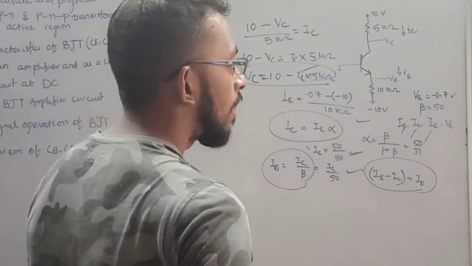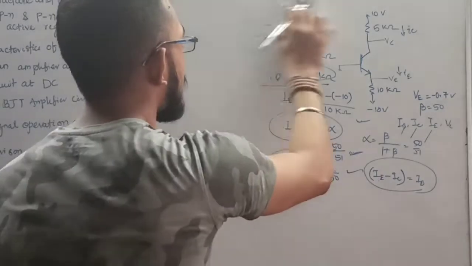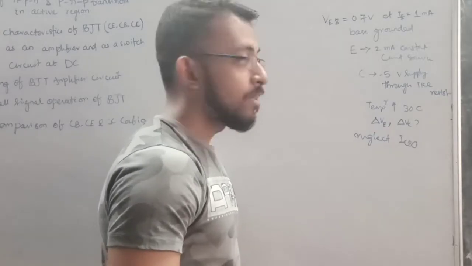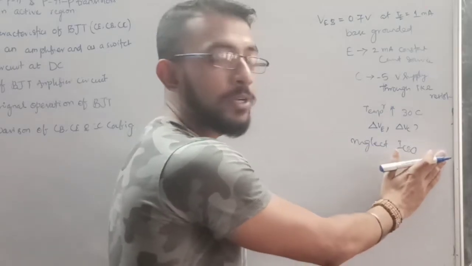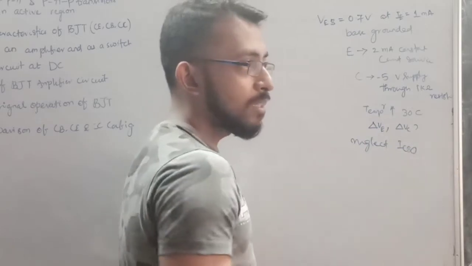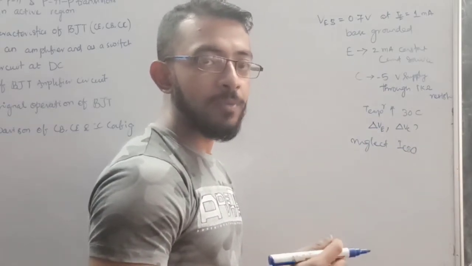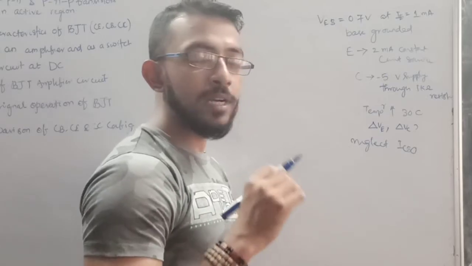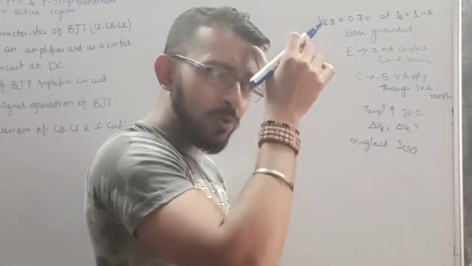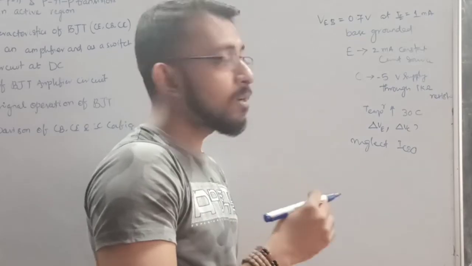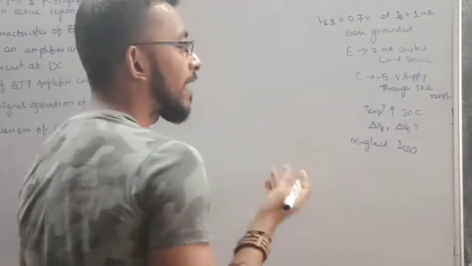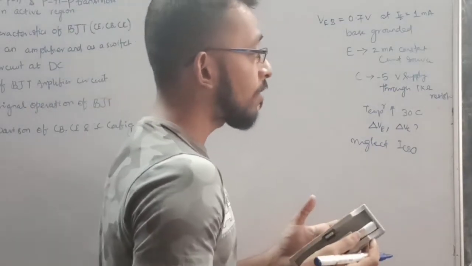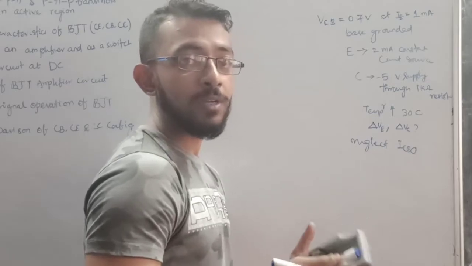Okay. Let's do another numerical. This is the third question. The question is on your screen. Please pause the video and read it once. Because in this BJT and the next chapter MOSFET, for solving any question, if you do not read the question twice or thrice, you are not going to be able to solve the problem. Because the data that is given in the question is important. So that can be drawn if you write the data from this question. That is how it is possible. It is possible if you read the question twice or thrice.